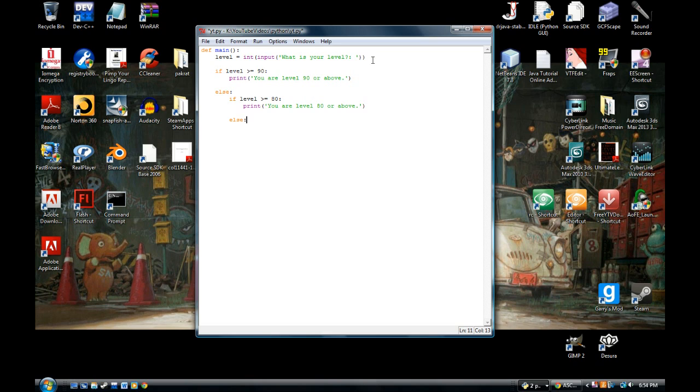Now we go into the else again. So now we type out if, actually let's give this a space so you can see, if level is greater than or equal to 70. Don't worry, once I'm done I'll explain everything and the reason why everything is indented and creating this staircase effect. Why is it creating the staircase effect? Well, I'll get to that eventually when I type this all out. You are level 70 or above,